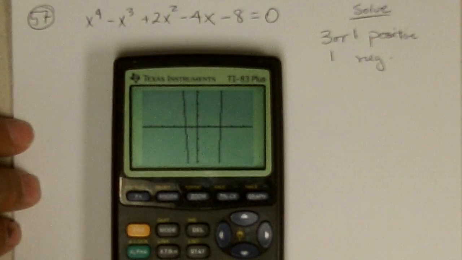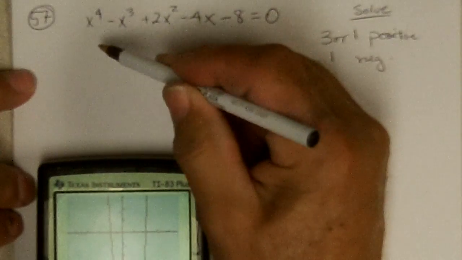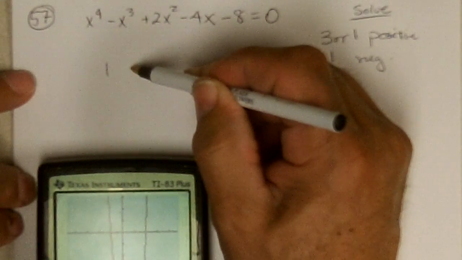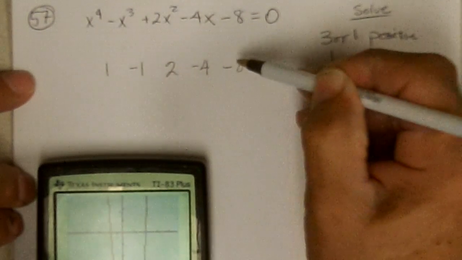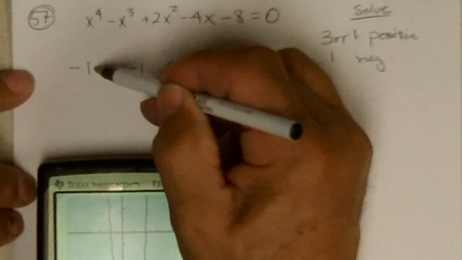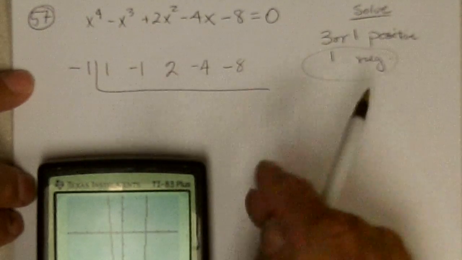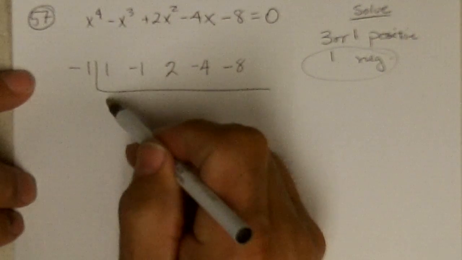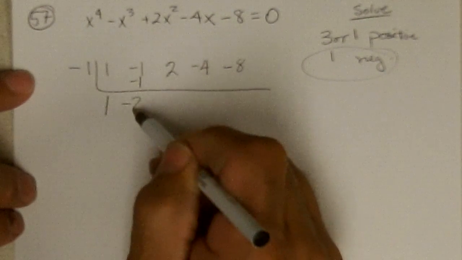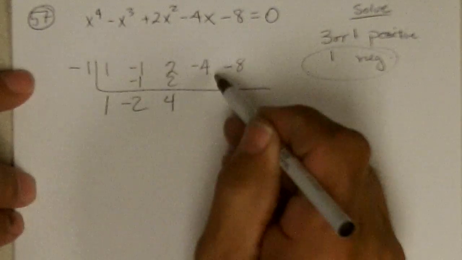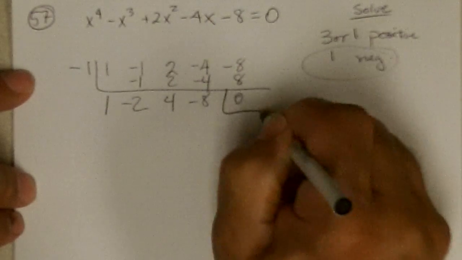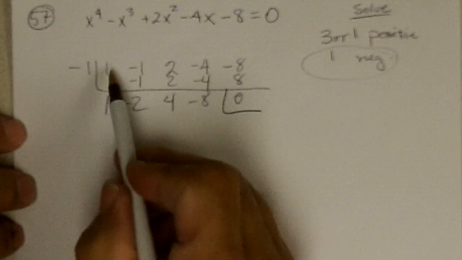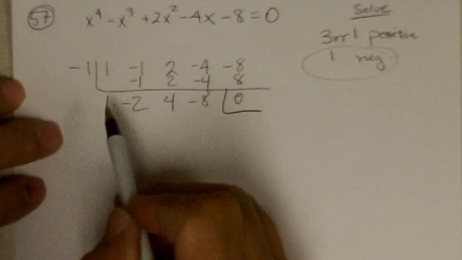Looks like -1 and +2. So we'll go to synthetic division. 1, -1, 2, -4, -8. Try -1. Looks like that's our 1 negative root. -1, 1, -1, -2, 2, 4, -4, -8, 8, 0. So that worked. Now I've gone from a quartic to a cubic, and I think